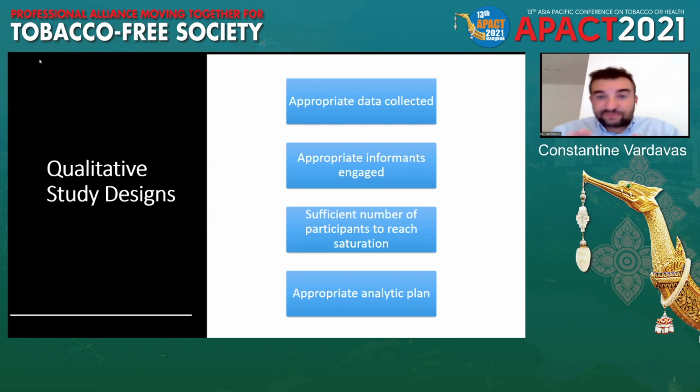The editors look really, and first this is all for a first check, whether the informants are appropriately engaged, there's a sufficient number of informants to reach saturation. So remember the difference between a quantitative and qualitative is that in qualitative work, you don't need too many participants because it's more in-depth, trying to understand the how and the mechanisms behind something. So you do not need hundreds and hundreds of people to respond. You only need a dozen, a few dozen. It's not a large sample size.